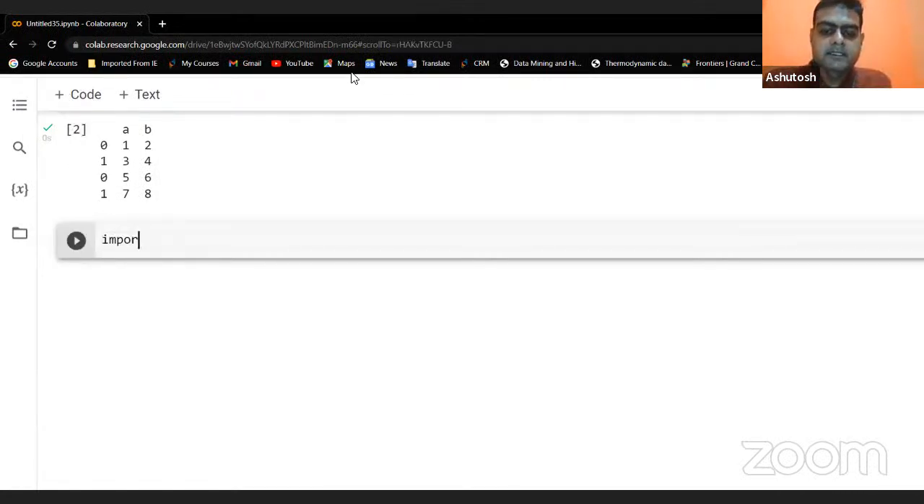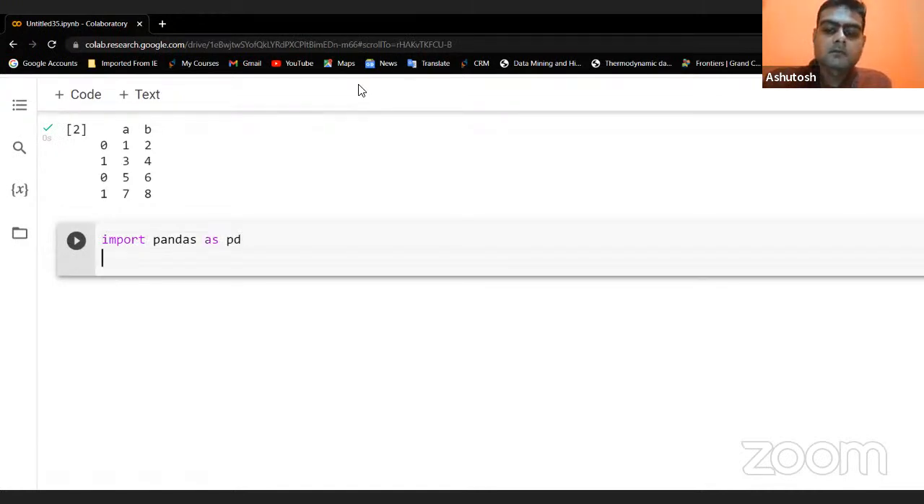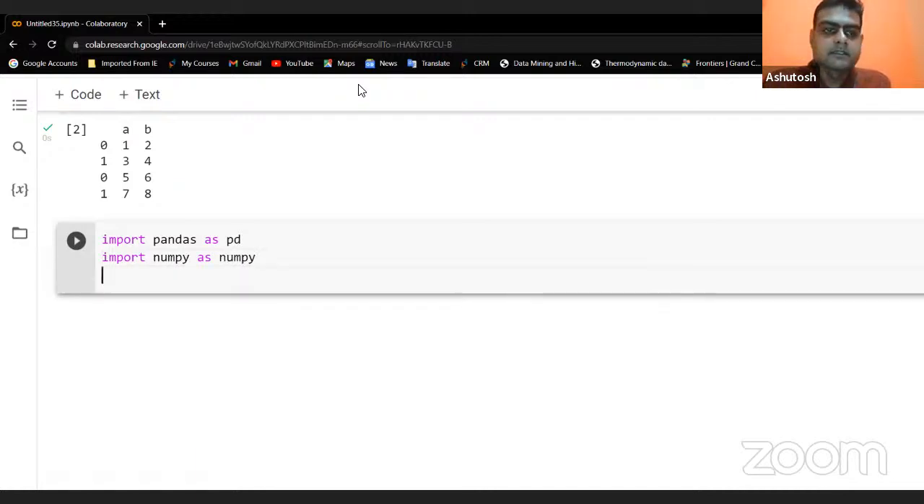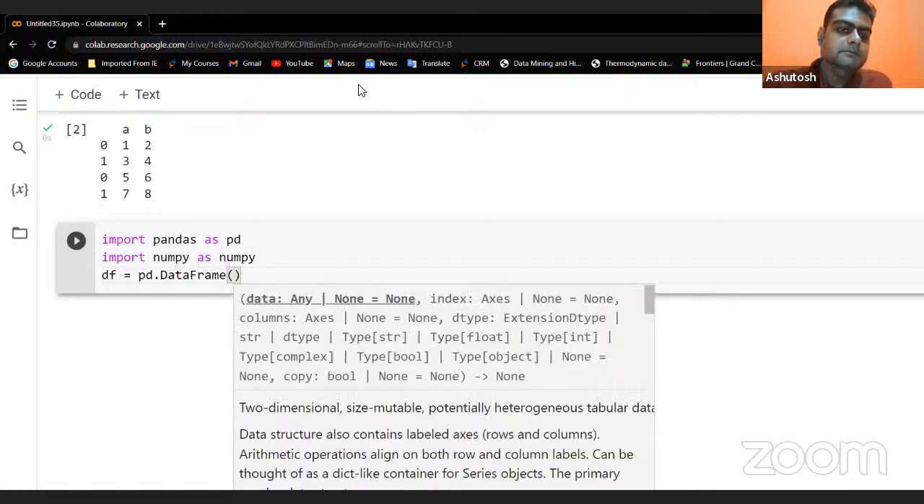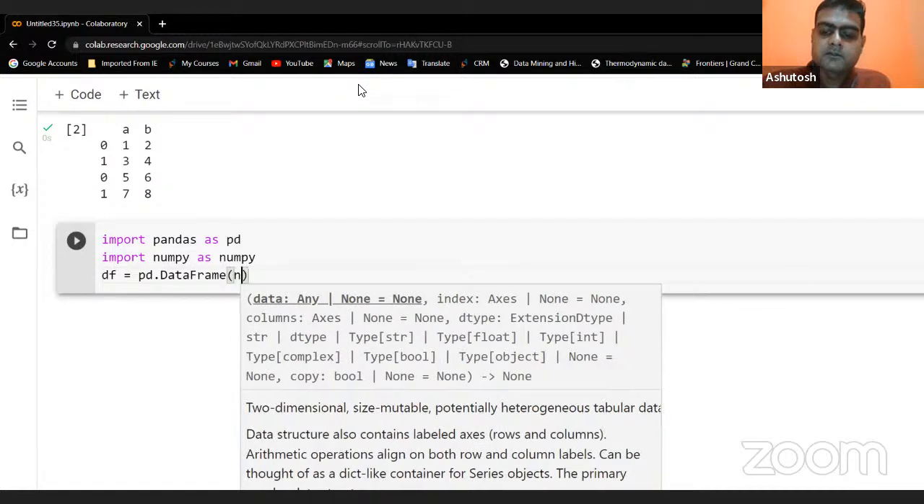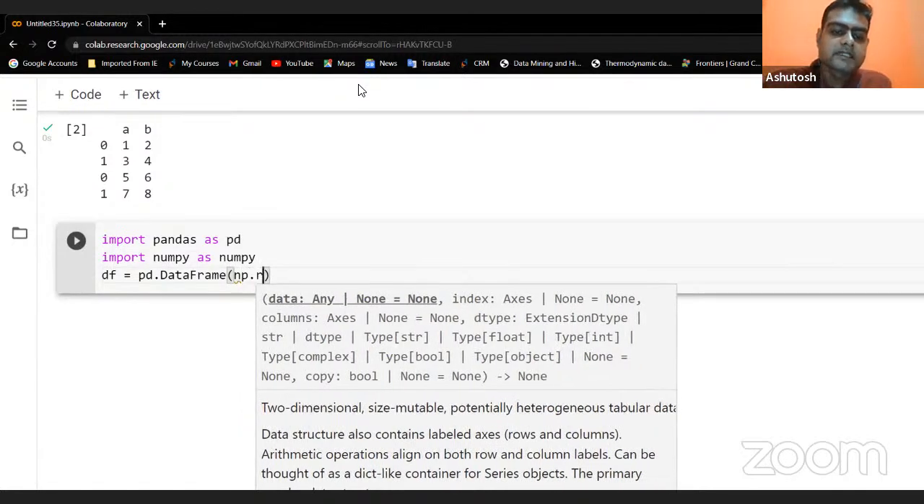So here, let me input. I also need to import numpy. And then I want to define a variable, say, df is equal to pd dot DataFrame. And say, using the numpy, create random